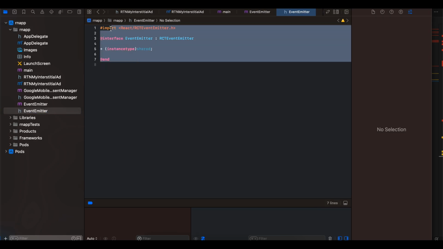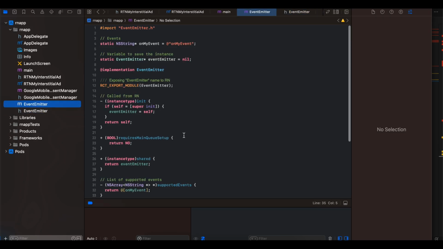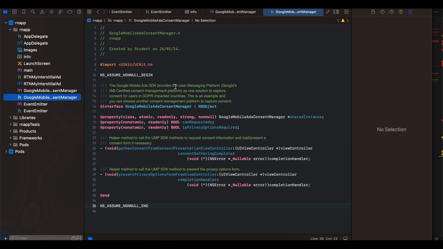So this is the header file and this is the Objective-C file. Again, I have just copy pasted this from Stack Overflow, so even I am not good at it. Next, I have copied this header file. I have copied this from the documentation itself. I will show you it in a bit, but all we are doing is creating a variable for this class, consent manager, and two more variables, one for requesting the ad